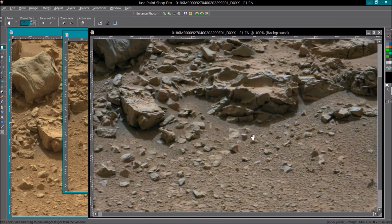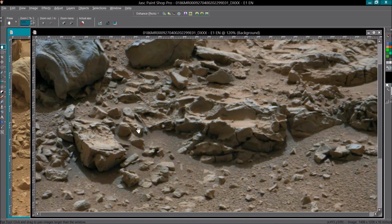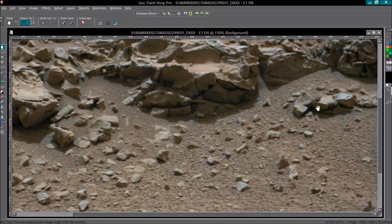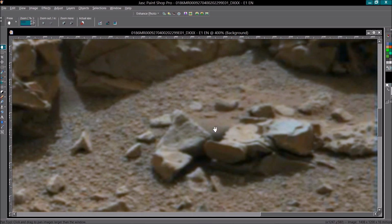I've sharpened it and put the contrast up and stuff like that, so you can actually see a bit more detail here. I'll go in a bit closer. So the thing we're concentrating on is this mechanical object here mainly, because it's very clear. It doesn't look that clear now. It looks a bit blurred, as all